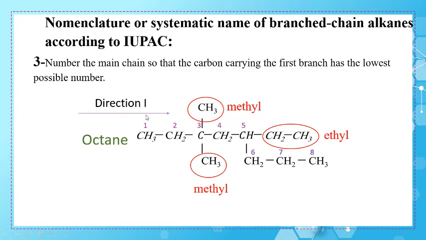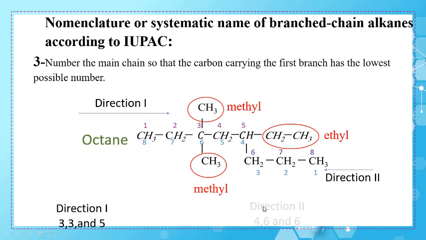So following this direction, we get the 3 numbers 3, 3, and 5, where each of these numbers represents the position of the ramification, or the branches, or alkyl groups in this case. If we change the direction, in this direction the first carbon is this one, and the first branch is attached to carbon number 4, while the 2 other branches are attached to carbon number 6, and we get the numbers 4 for the position of the ethyl group, and 6, 6 for the position of each